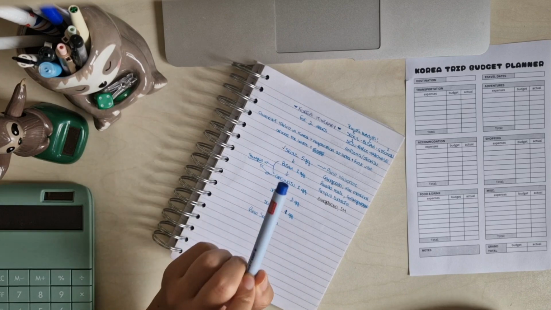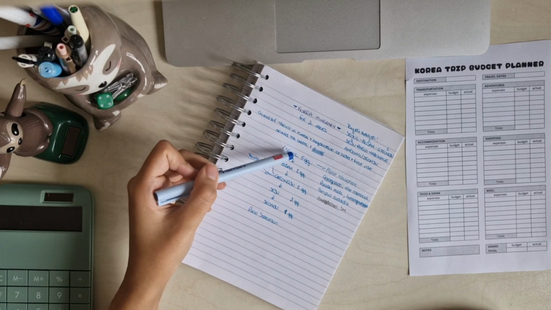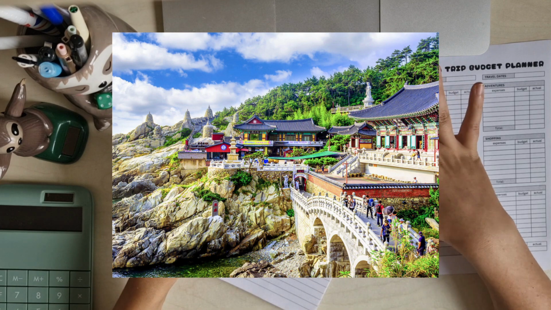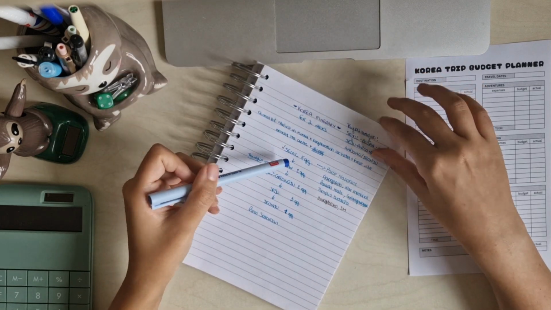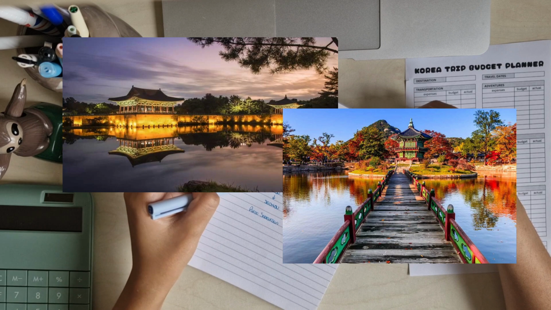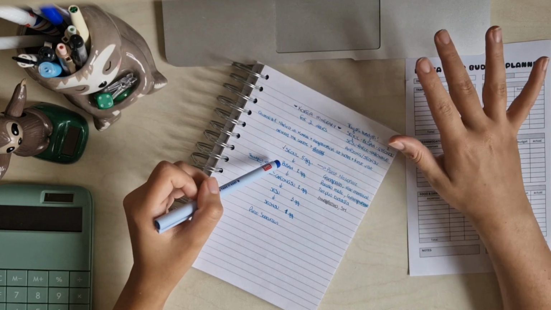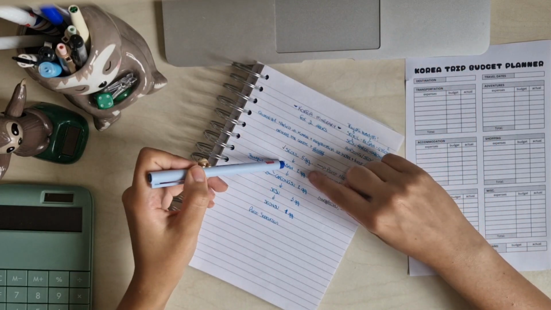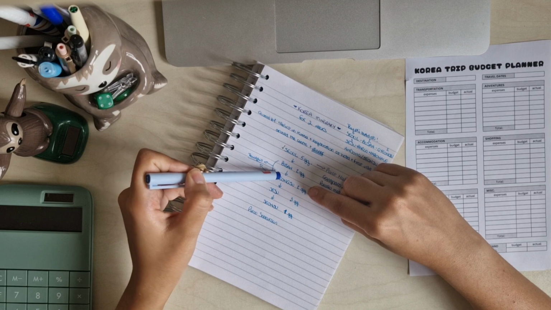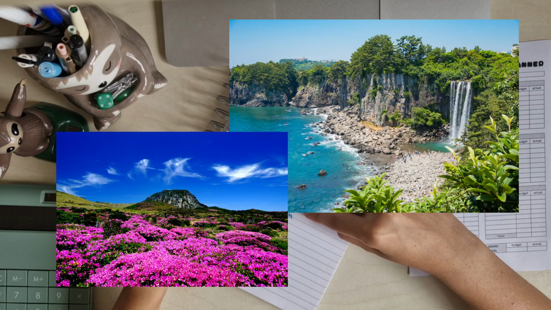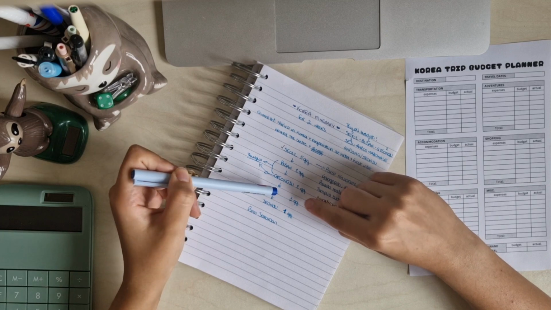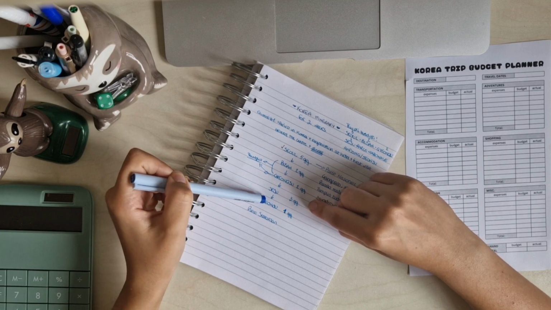So Seoul for 5 days, and then from there move to Busan for 2 days, which should be enough to visit the city, and then from Busan move to Gwangju for 2 days, and if I'm not mistaken, according to my research, Busan and Gwangju should be close to each other, and then from there leave for Jeju, which is an island, so the island of Jeju for 3 days, and then from there go to Jeonju.